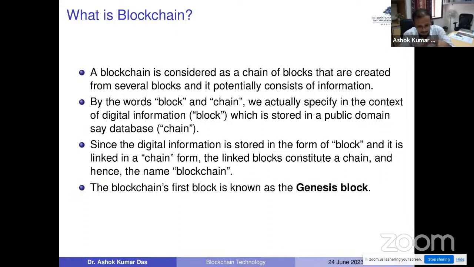So that's why the blockchain is also known as immutable, meaning that the data inside a block in a blockchain cannot be tampered with once the block is decided to be added. Therefore, this is the major advantage of using blockchain as compared to the simple linked list. We have linked list programs for so many applications, but that is the major difference between the linked list and the blockchain.